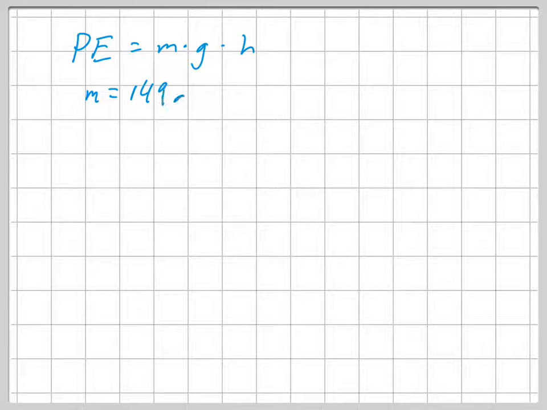is actually going to be, oh man, I don't have my equation in front of me, the mass times the acceleration of gravity times the height. So the first thing we need to do here is potential energy equal to mass times acceleration of gravity times the height of the object. We need to find the mass, which is given as 149 grams, but that would actually be, once again, 0.149 kilograms. And then gravity, the acceleration of gravity is 9.81